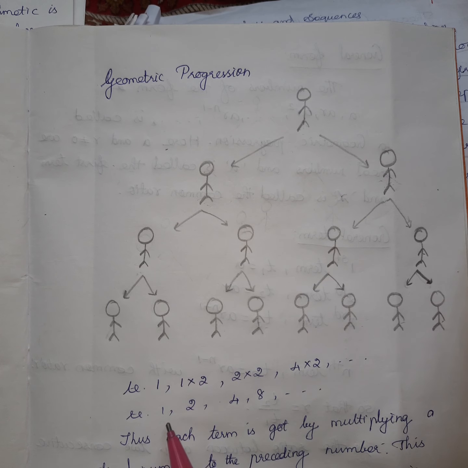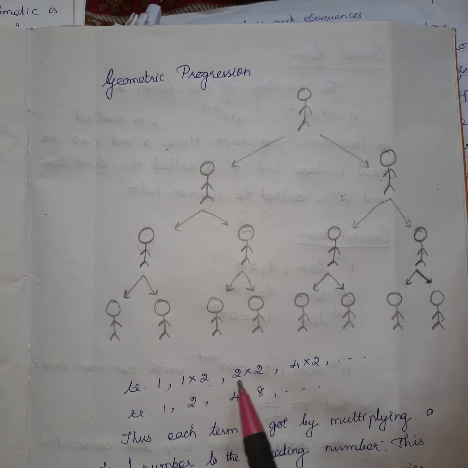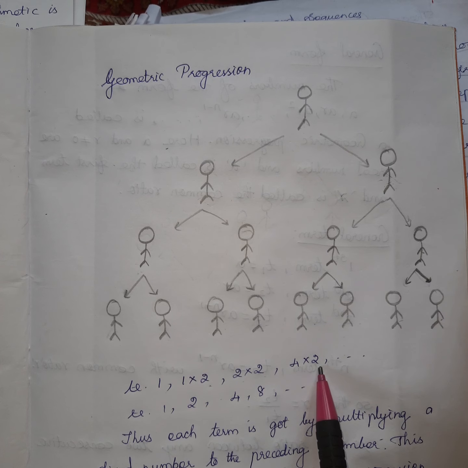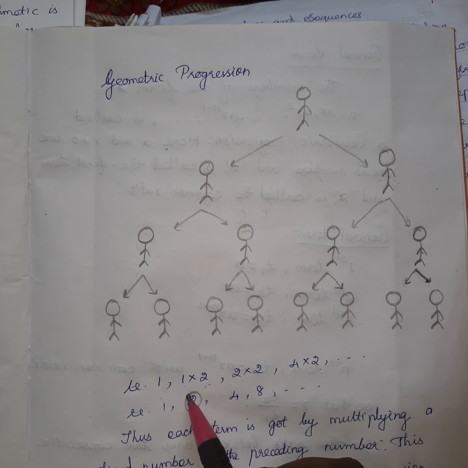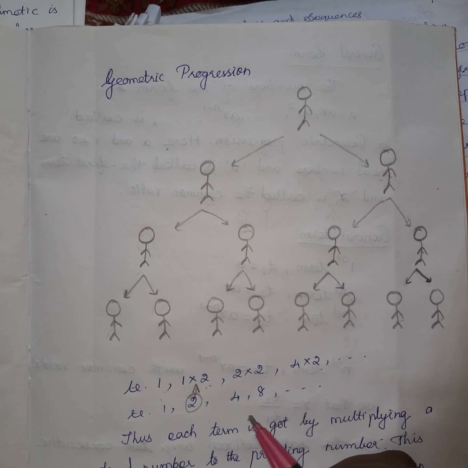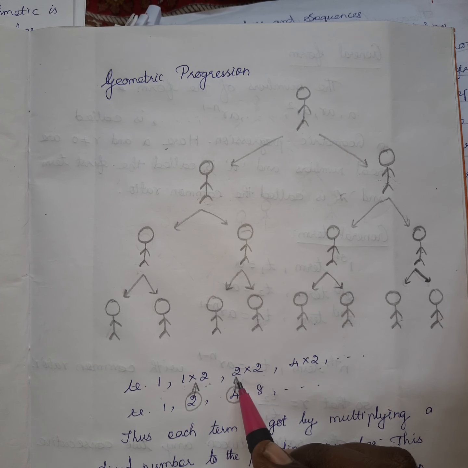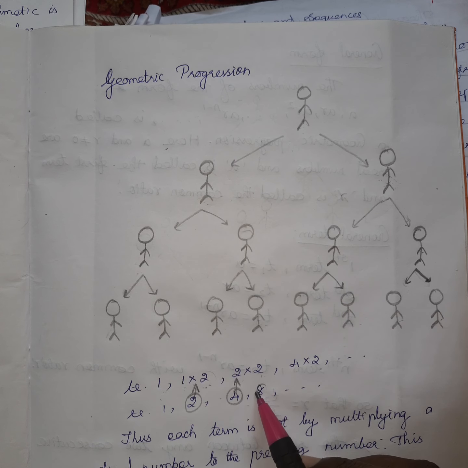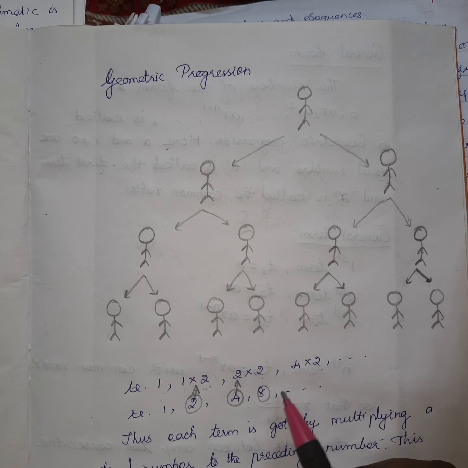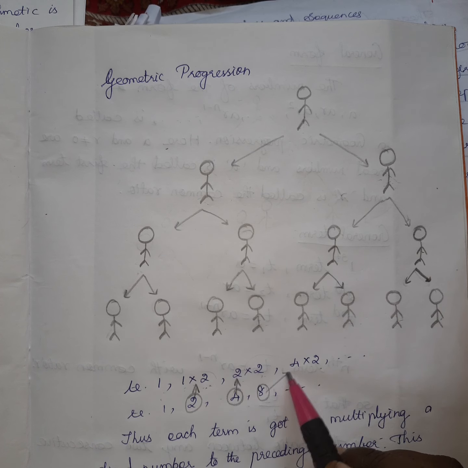Okay, that we can write as 1 into 2, 2 into 2, 4 into 2. Okay, 1, it is in the first stage. Second stage, this one person is spreading to two others, so 1 into 2. Actually, two persons are affected in the second stage. This two we can write as 1 into 2. In the third stage, four persons are affected. That we can write with the second number, that means second value 2, 2 into 2. Then in the fourth stage, 8 persons are affected. That we can relate with the previous number 4. It is 4 into 2.